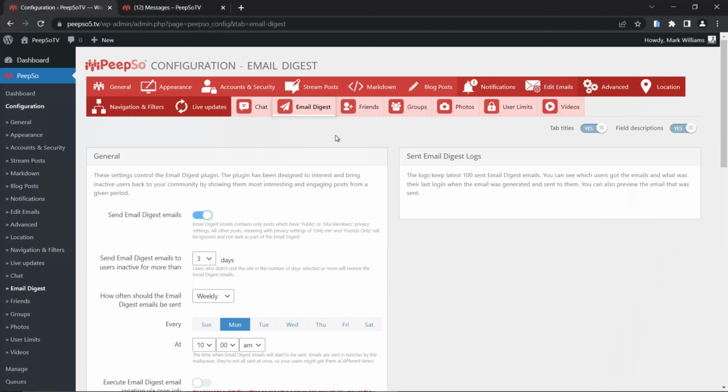In Email Digest, you can set your website to send the email to the users that have not been logged in for a specified amount of days. By default, this number of days is 3, but you can select up to 30. So let's say